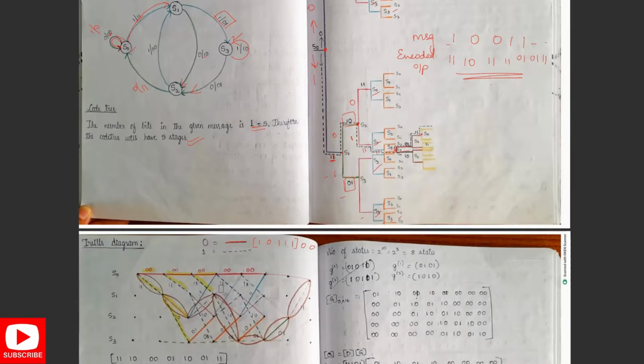Okay, so S0 is done, S1 is done. Now we will move on to S2. In S2, firstly, 0 is mapped to where? 0 is mapped to S0. In this S2 stage where I had stopped, I will mark the 0 to S0 with a value of 1, 1. And next,